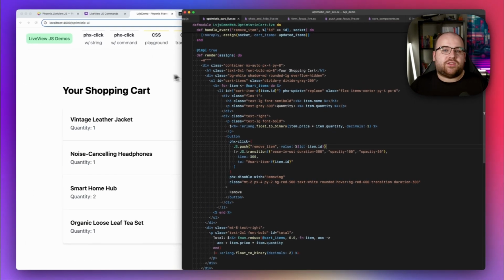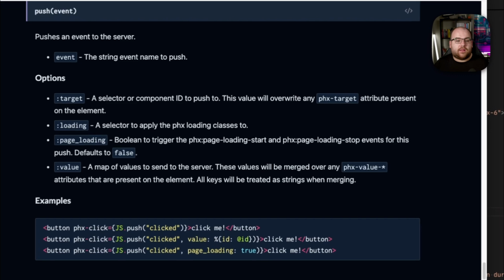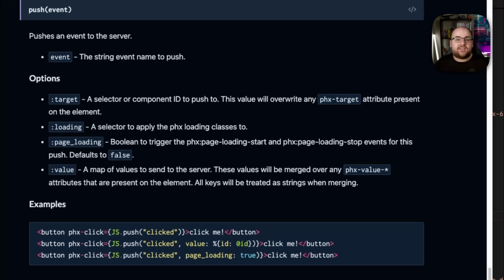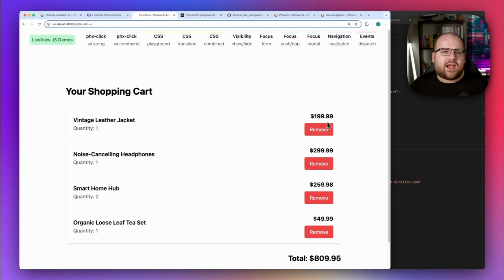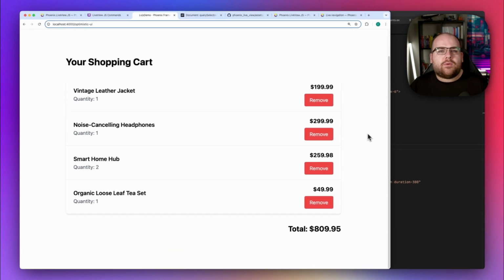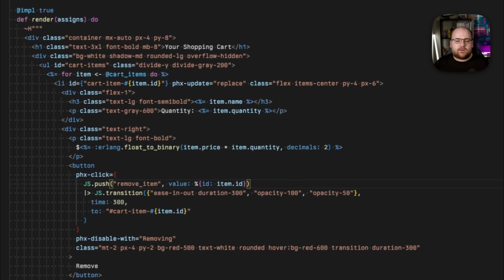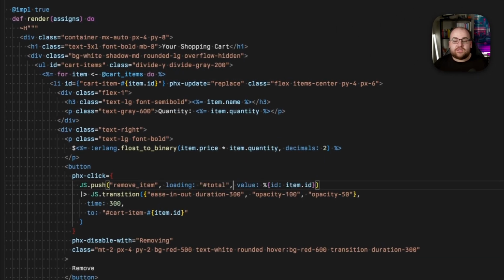There's one more option that I'd like to highlight here: loading. This is defined as a selector to apply Phoenix loading classes to. Let's say that while an item is being removed from the cart, we want to make sure that the total element is crossed out. To get this behavior, let's add the loading option to the push command, specifying the total